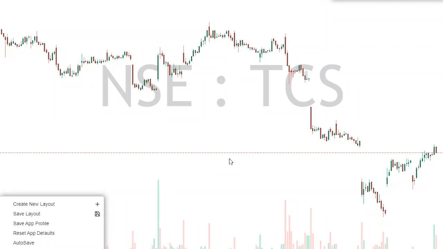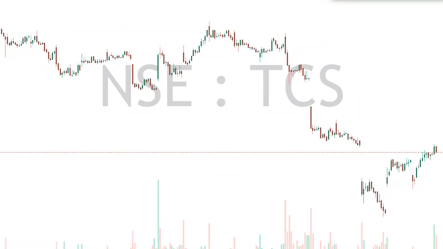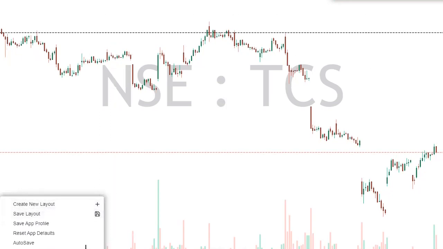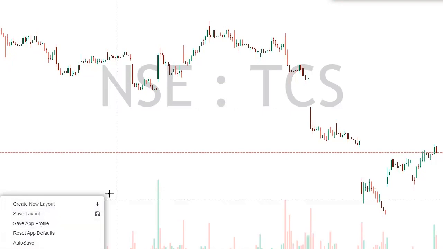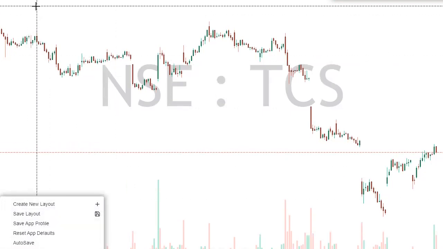I also want to explain something that I missed out, which is how you save your chart and your configuration. There are two things you will see. One is save layout or create new layout, which will save everything within the chart. And there's something called save app profile. A save app profile will basically